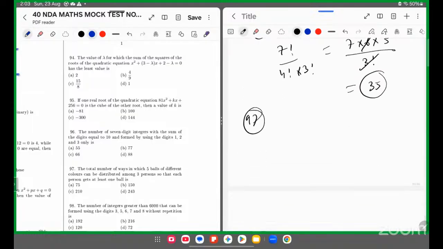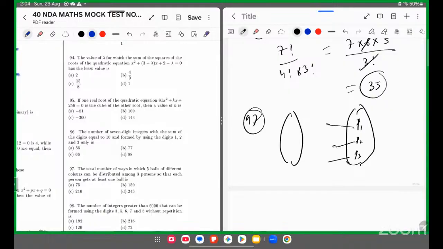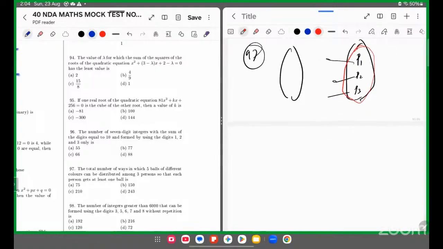The total number of ways in which the 5 balls of different colors can be distributed among 3 persons so that each person gets at least one. तो person 1, person 2, person 3, मतलब सबको एटलीस्ट एक मिलना चाहिए। तो मतलब दो भी मिलेगा तब भी चलेगा। ठीक है। ये तो फंक्शन है तो जब भी ऐसा क्वेश्चन आएगा तो हमें निकालना होता है नंबर ऑफ ऑन टू फंक्शन, मतलब ये सब रिलेशन, रिलेट होने चाहिए।